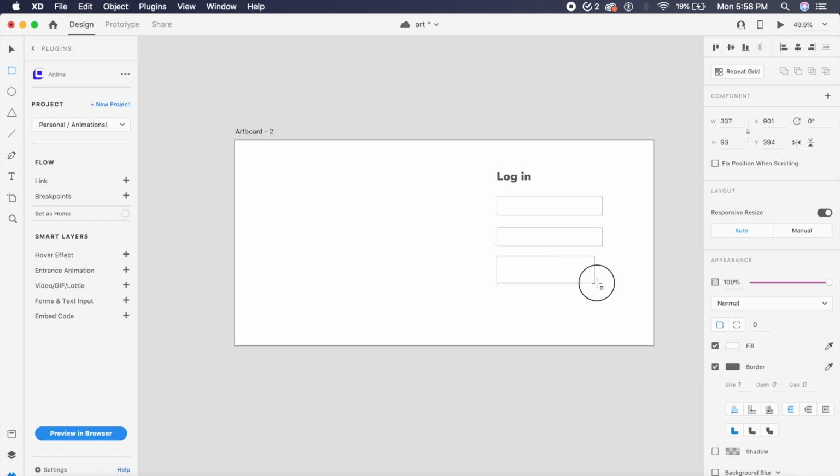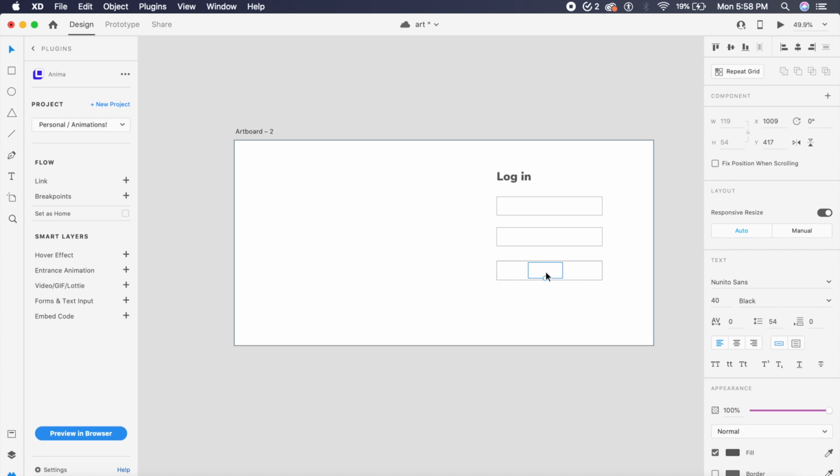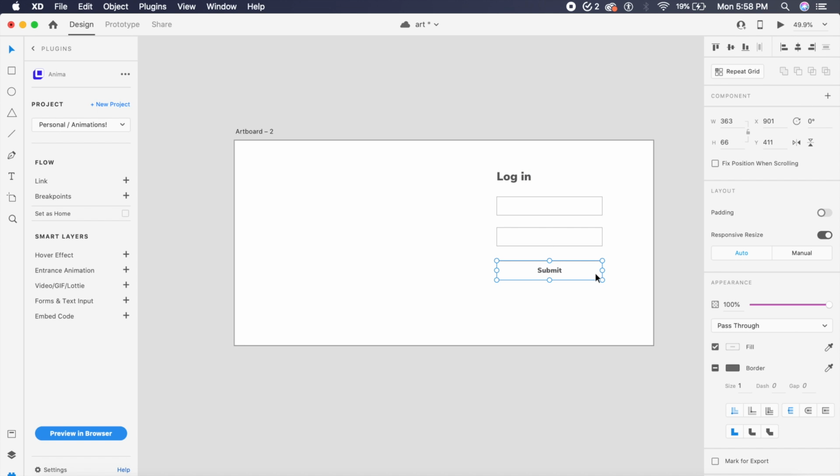And we'll also create a submit button at the very bottom, which will obviously have our label which says submit on top of it. So I'll just quickly make this because we don't want to waste time. We just want to go on to the good stuff, the juicy stuff. And I'll put in submit, maybe 24 pixels should be much better. Perfect. And I'll group this together.